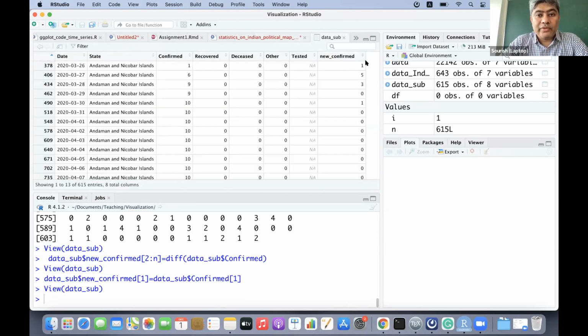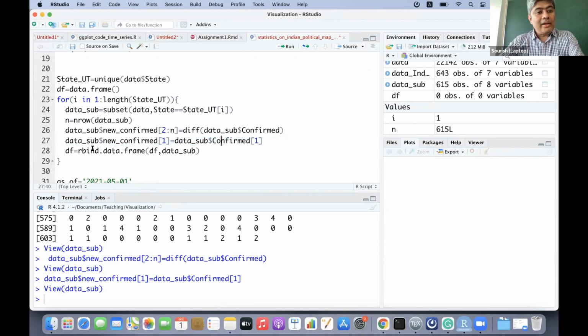If it is 3 cases, it will be 3 cases. That will be the starting point. And then you append this data sub to the DF data frame that I have created here, and you move on to the next state or UT.